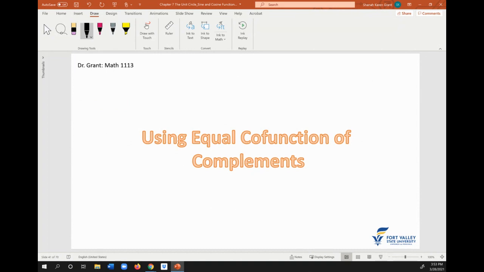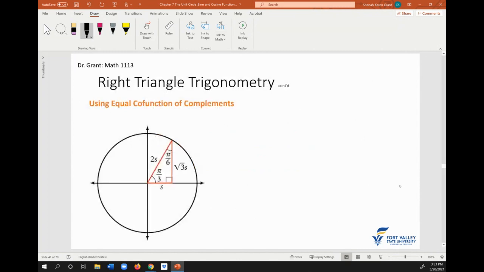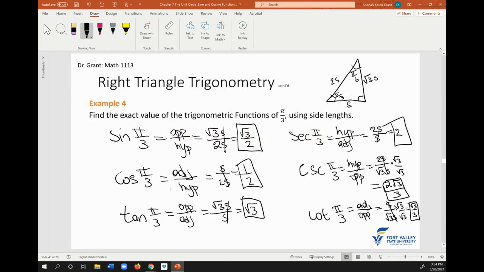Okay, now we're going to look at using equal cofunction of complements. Alrighty, so we previously discussed this 30, 60, 90-degree triangle. If we look at what we just found, what do you notice? So if you look here, notice that sine